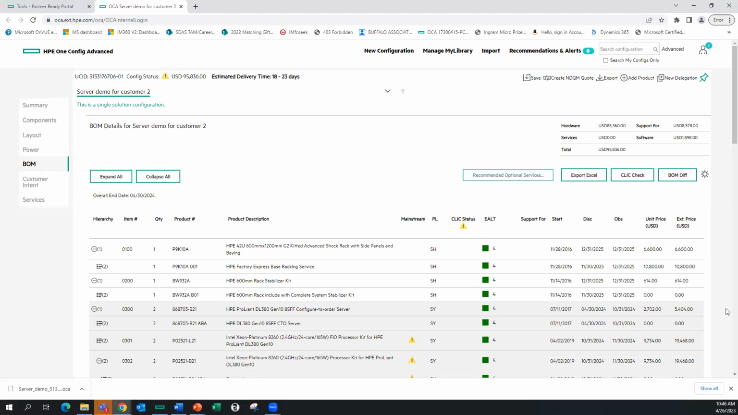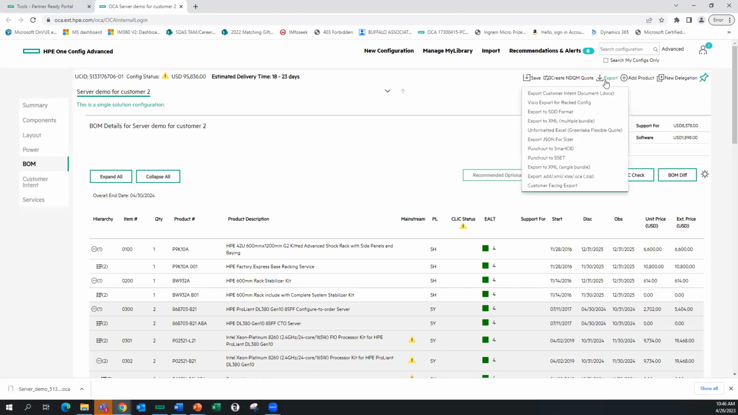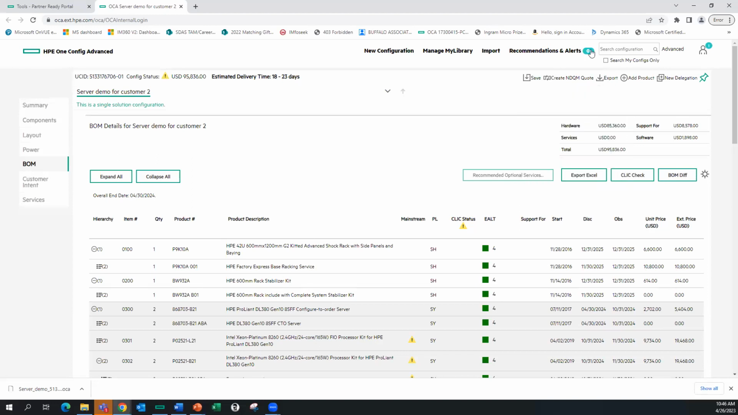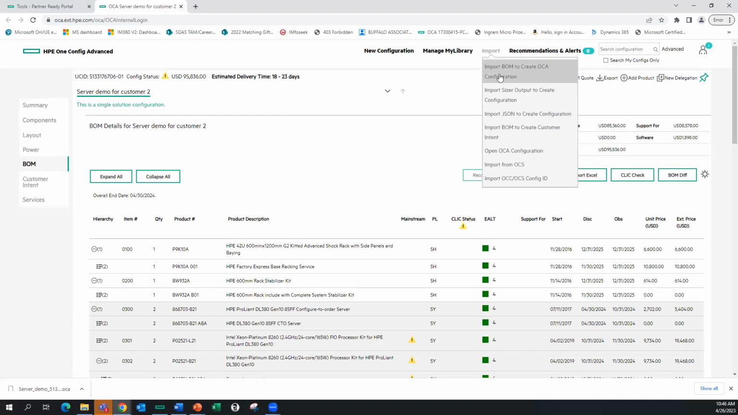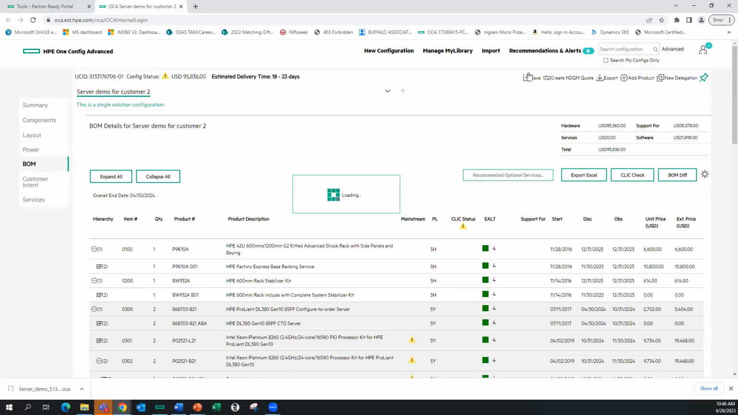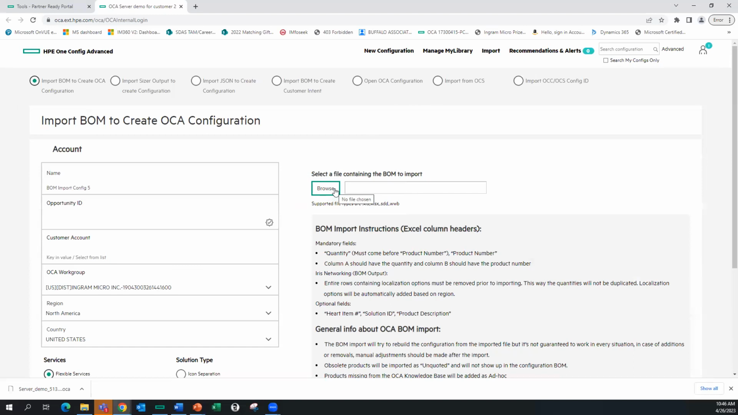Let's also look at export, and I wish I had a file handy. I forgot to have an Excel file handy for this. Or I'm sorry, not export, I want import. Import, one of the options is import BOM to create OCA configuration. If I select that, it will let me browse my local drive or any attached network volume in looking for